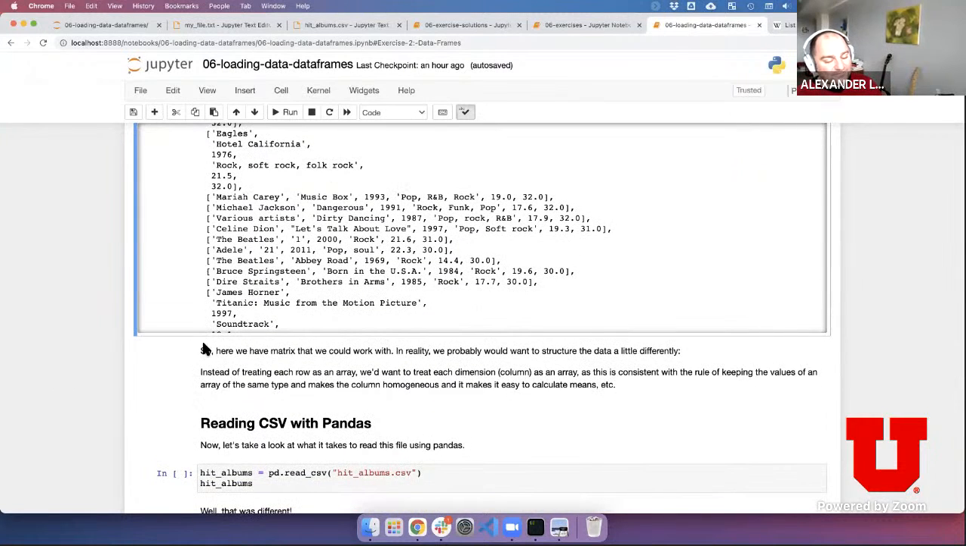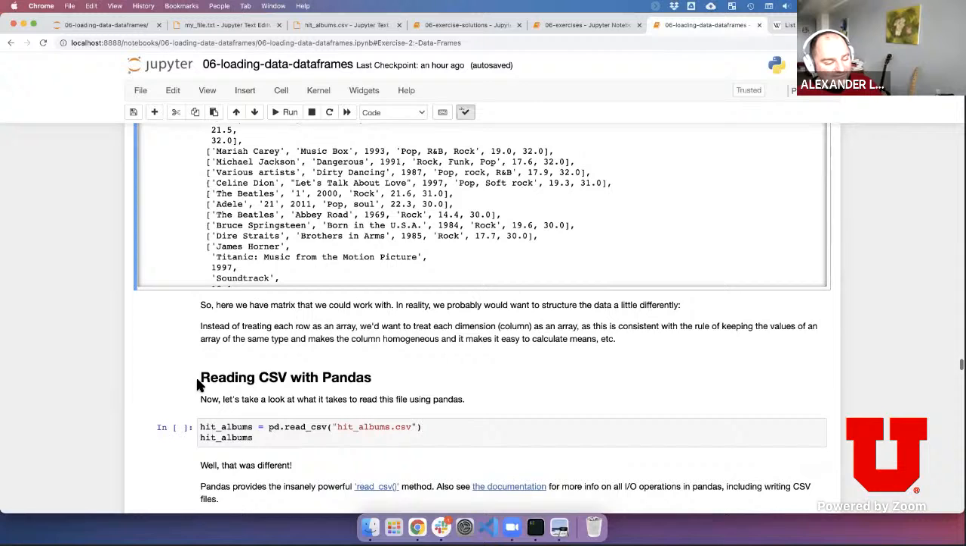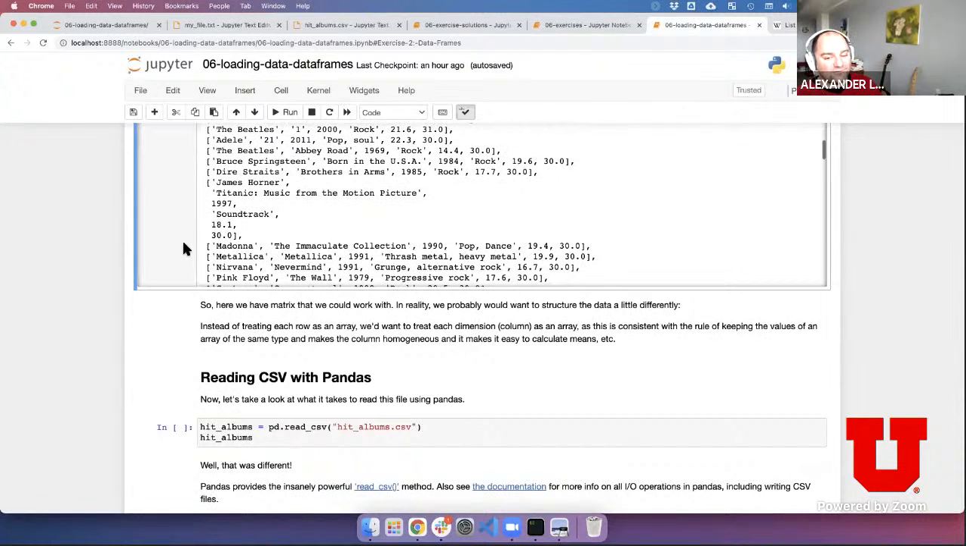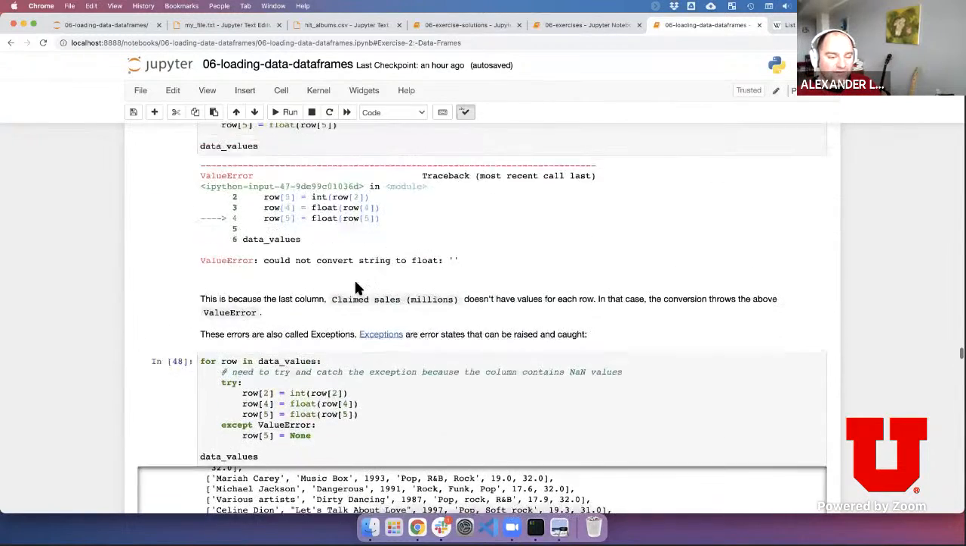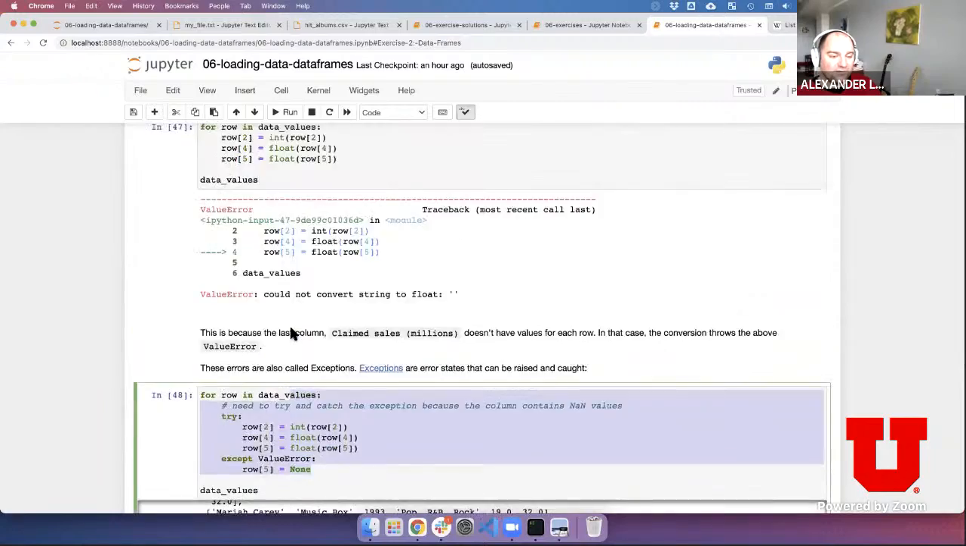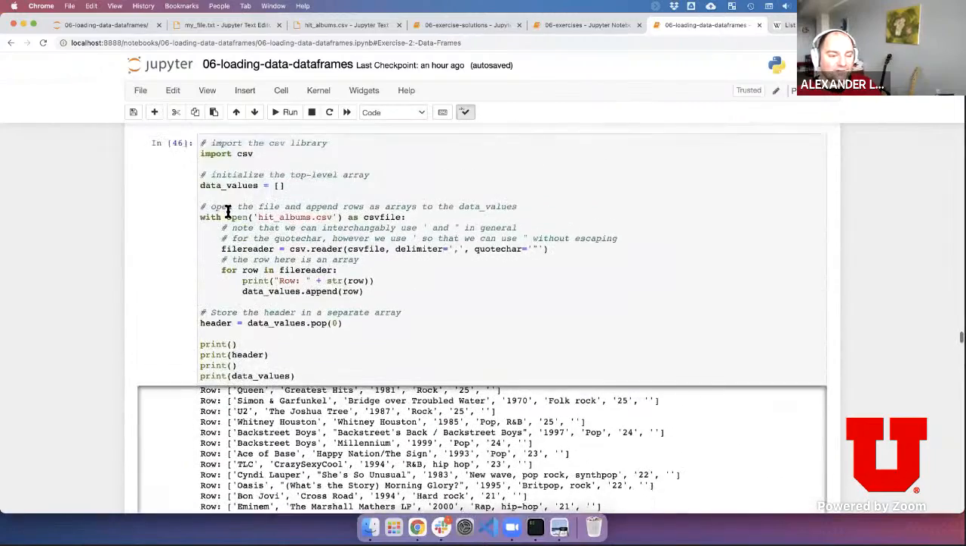But I'm not going to do that, because with pandas we also get this for free, and so I'll just show you the pandas way to do this. And so all of this code that we've done here, this cell and this whole cell here, where we have